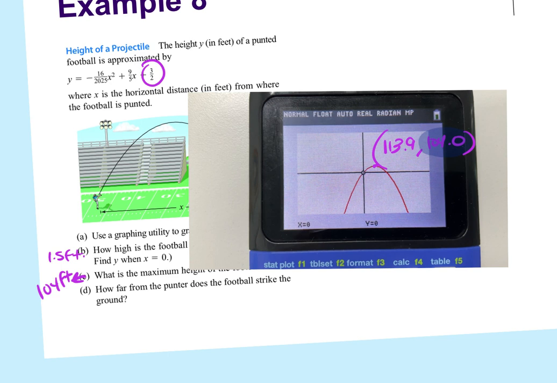D says, how far from the punter does the football strike the ground? What does that look like on your graph? How would I know when it hits the ground? The x-intercept, or the zero, and not the one before, because that doesn't exist in real life. It doesn't go backwards, it goes forward, hopefully. And that is 228.6 feet. I did the zero on the calculator. So second trace, zero. But you have to